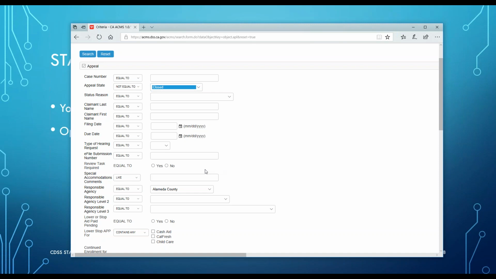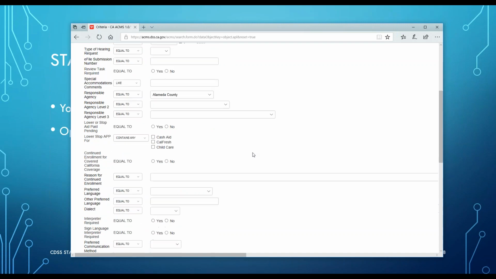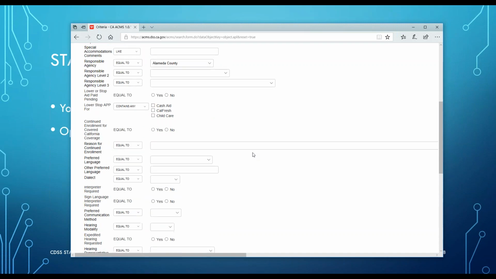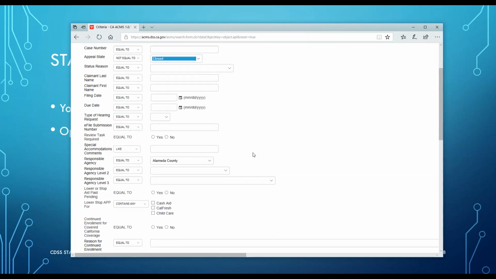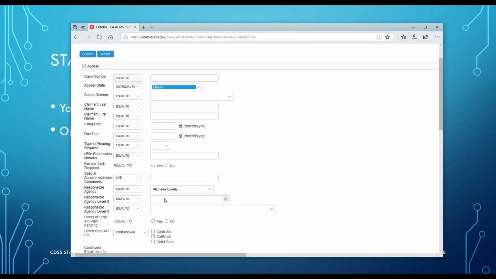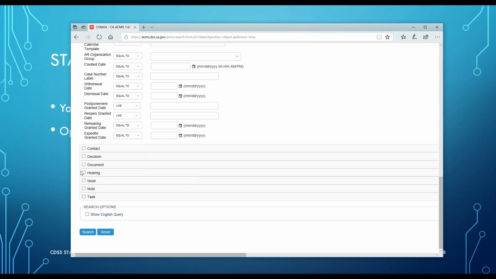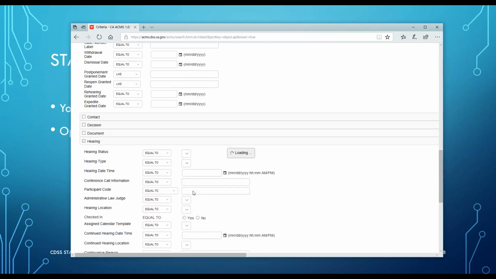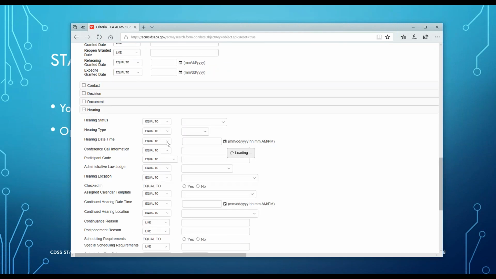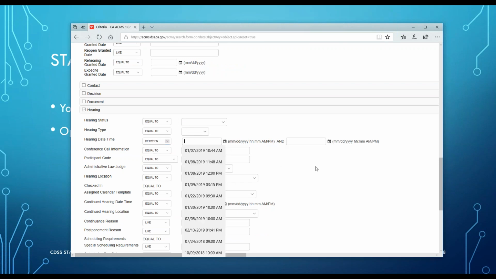You can also narrow this down by choosing dates. Maybe you're looking at, let's say, I want to see all Alameda County cases that are not closed that have a hearing date and time that is between February 1st